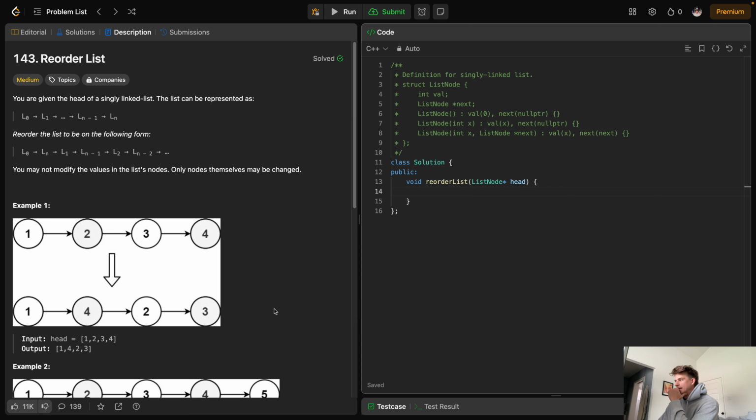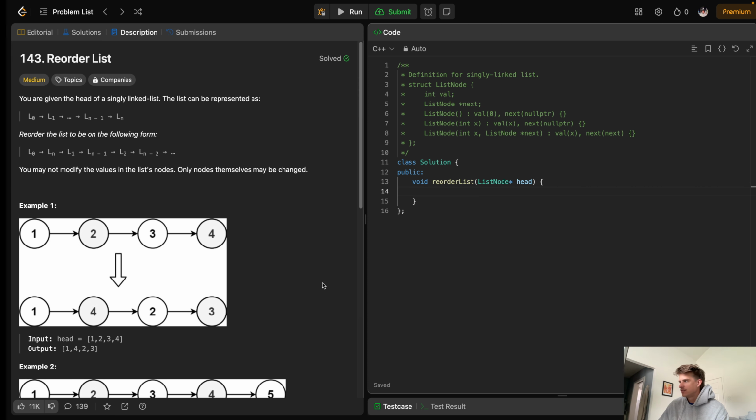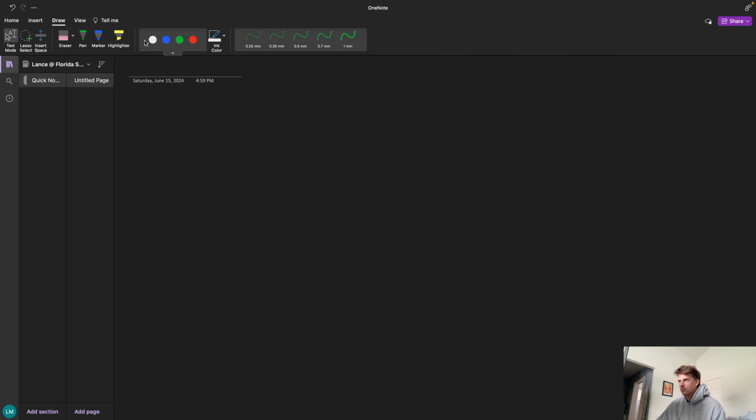So yeah, let's look at some whiteboarding. This problem can actually be solved pretty easily with linear time and linear space. Obviously, I think it's pretty clear that any solution to this problem is going to have linear time complexity because you're going to have to look at every node to reorder it. It's not as clear what the optimal space is, but naively, you could do this with linear space pretty easily